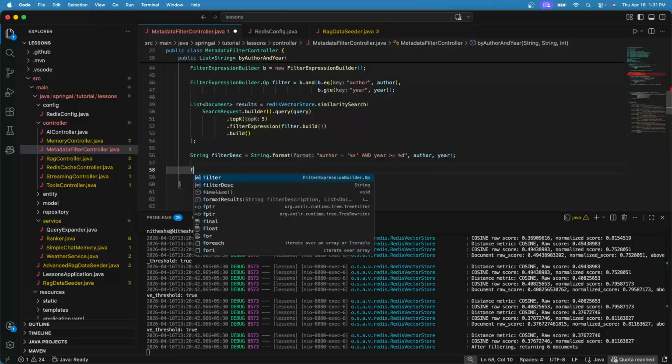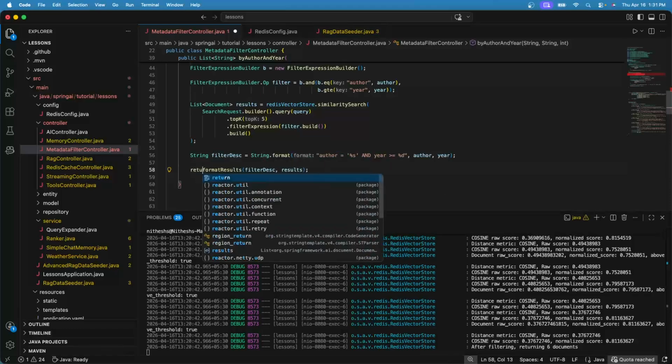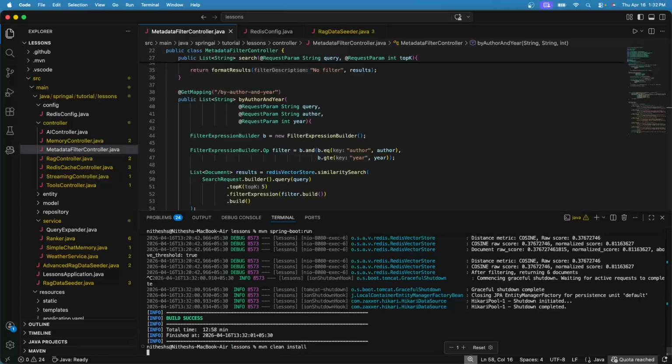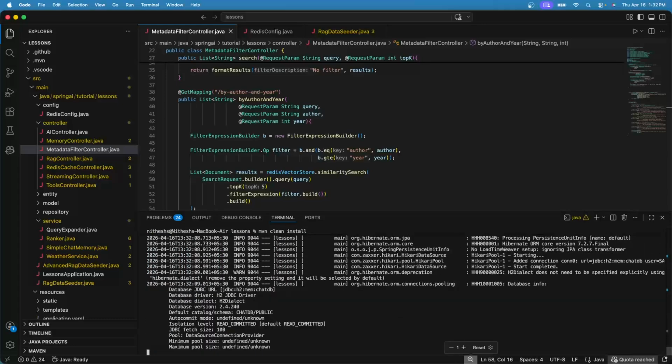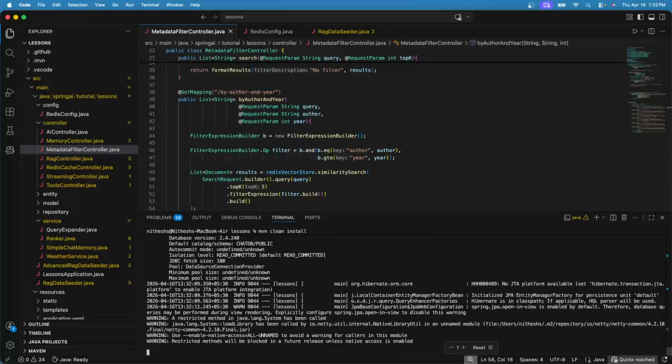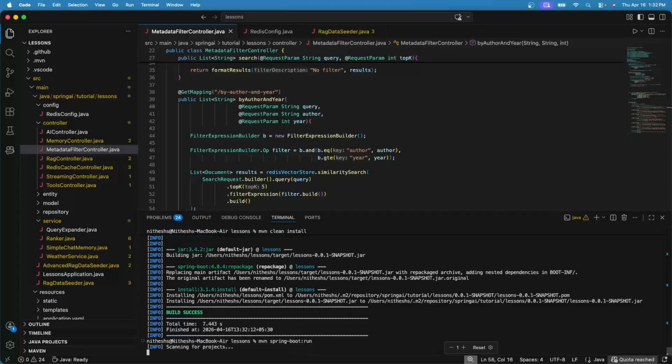Let's invoke the helper method format results with the filter description and result, and return the result. Let me build the application and run.